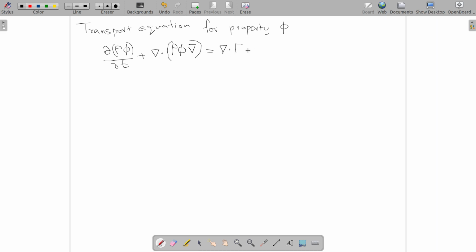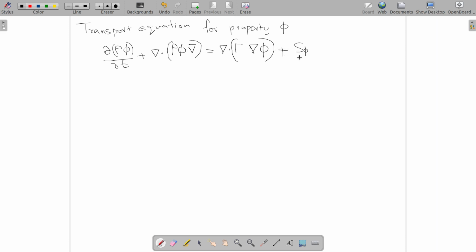For several practical purposes, we will take this as a constant, but it can also be a function of independent variables. Del dot gamma grad phi. Grad phi is another vector,